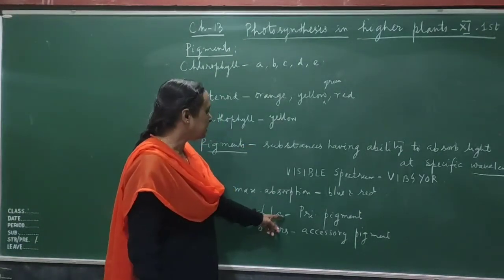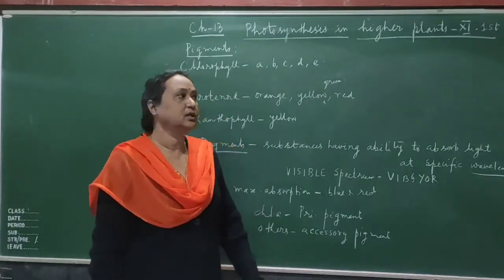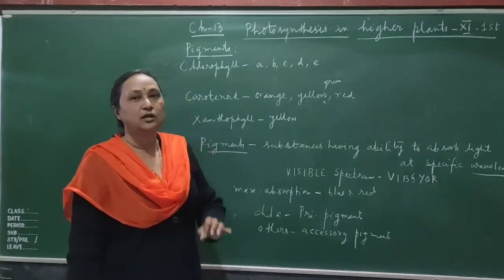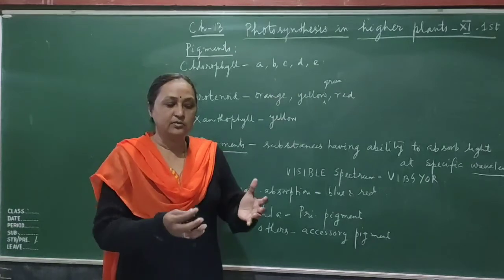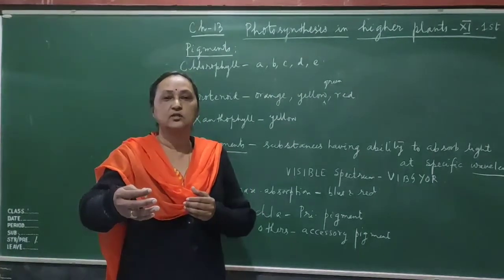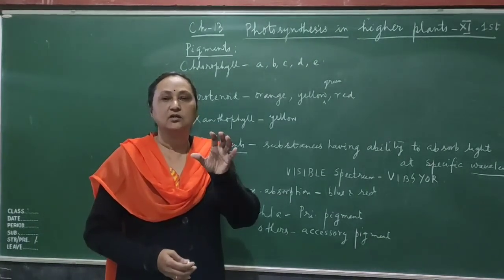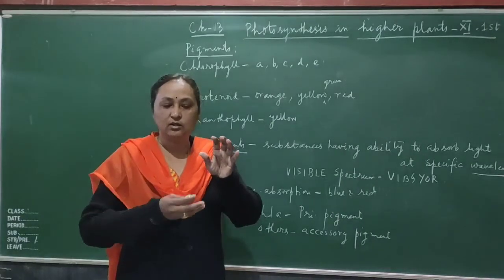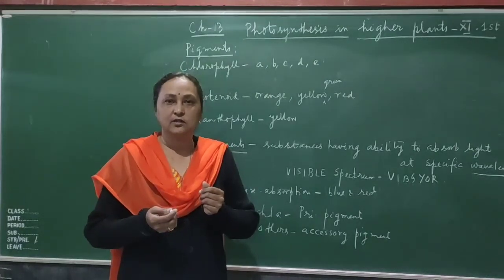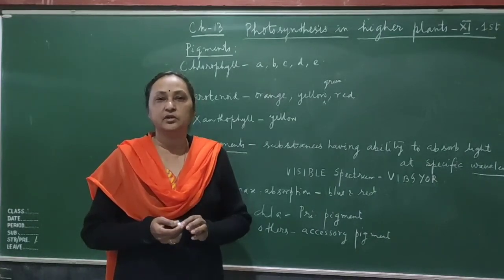And chlorophyll A is the primary pigment. All the other pigments, such as carotenoid and xanthophyll, or chlorophyll B, C, D, E, are called accessory pigments. They absorb solar energy at different wavelengths, then they transfer the solar energy to the primary pigment, which is chlorophyll A. So the main trapping center is chlorophyll A. And these are all the accessory pigments which help chlorophyll A to get the solar energy, so that ATP can be produced, and by using the energy stored in the ATP, glucose can